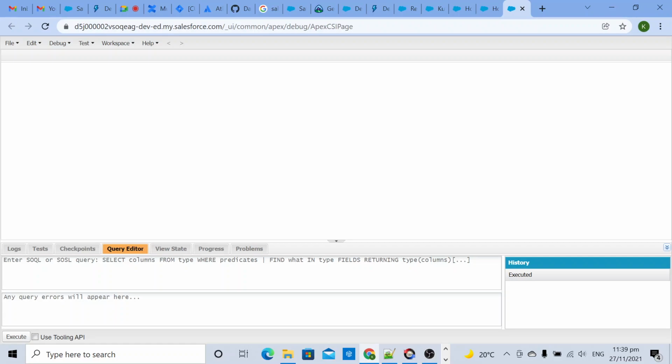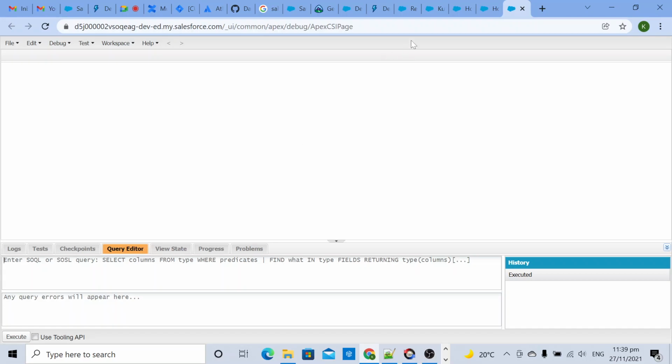It is similar to a database. In a database, if you want to store any data, what do you do? You need to create one table, and that table will contain multiple columns, and you can store data in those columns. So one record will contain all the columns, another record will contain all the columns. Same way in Salesforce, an object is similar to a table, and an object will contain multiple attributes, that is your columns.